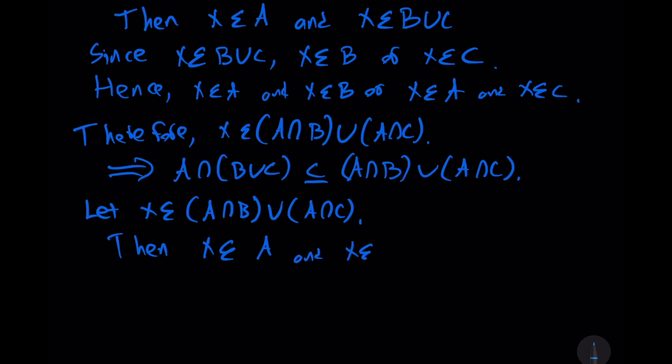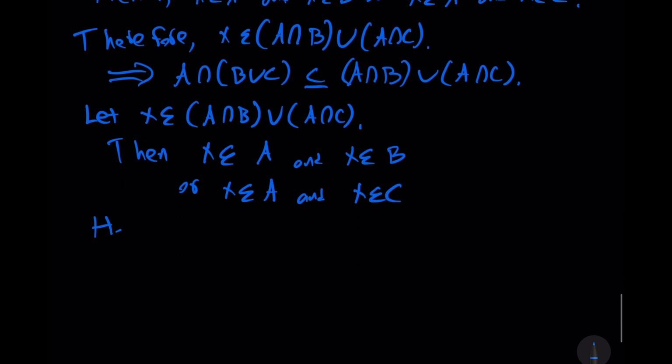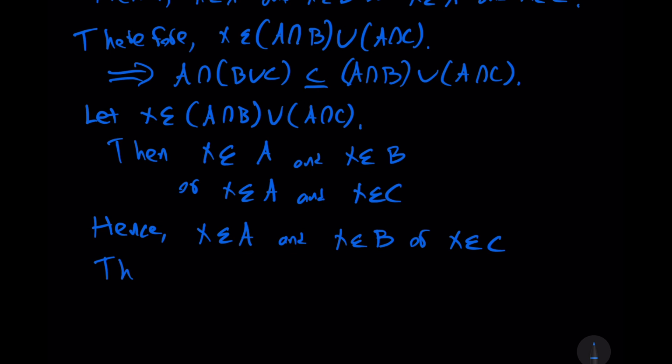and X is an element of B, or X is an element of A and X is an element of C. We just break this down one by one. Hence, we just walk through this proof. Hence, X is an element of A and X is an element of B, or X is an element of C. Therefore,